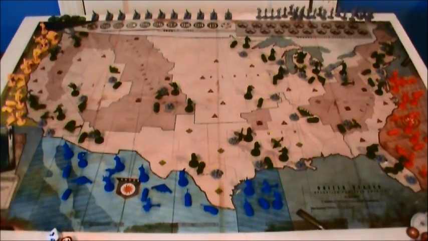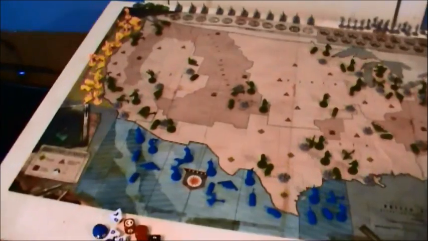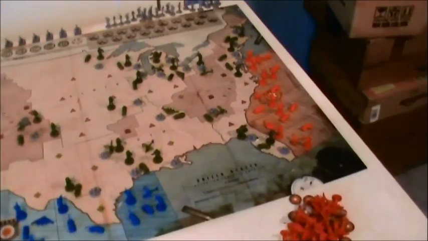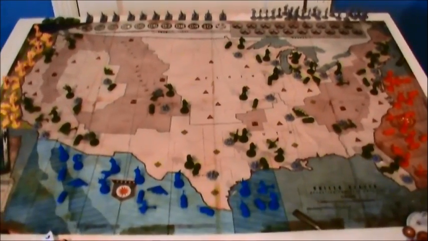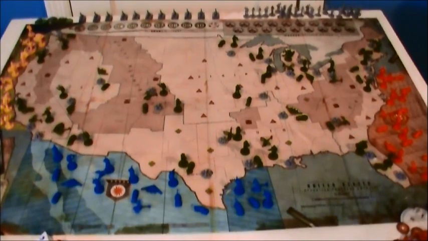Alright, so here we have Fortress America all set up and ready to go. Hold on a sec. Do a bit of a shot. I've set up all the invaders. The US is all set up. Everything is ready to go. Now, for basic setup...